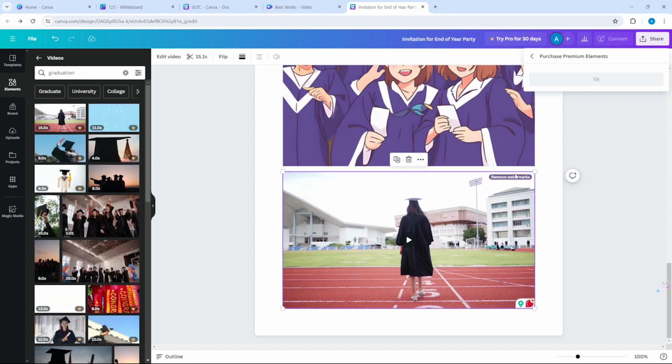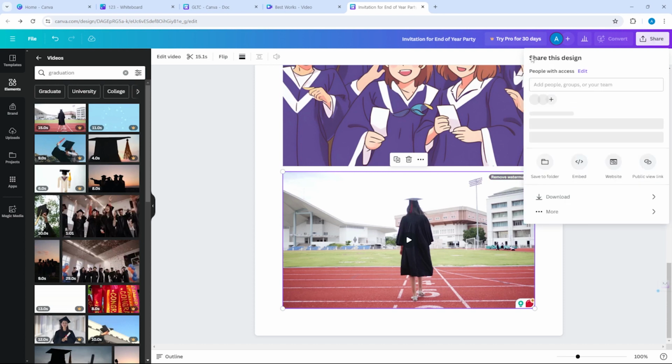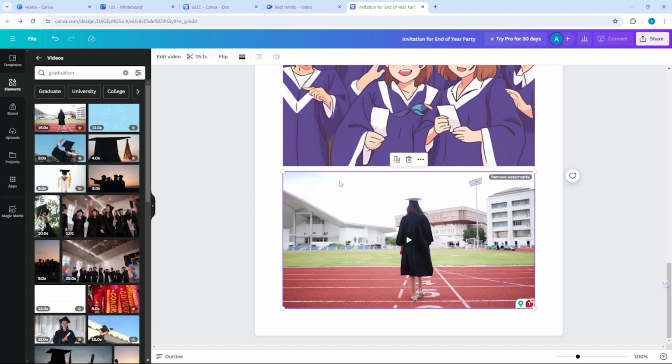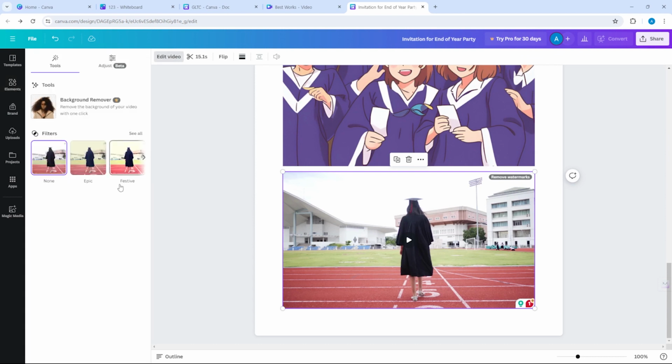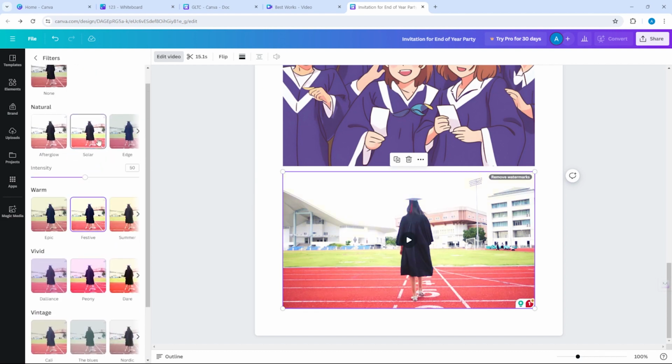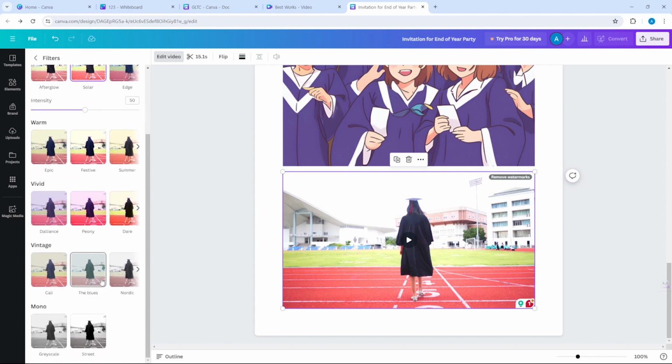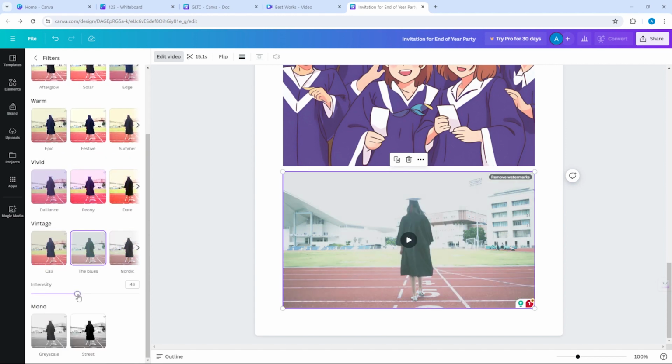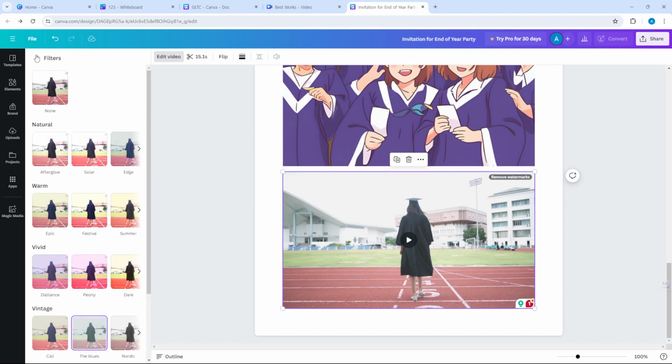And now you can even edit the video here. Click edit the video, and you can add some filters, and there's also a tool, but this needs pro, so maybe epic or festive. You can do warm, I think solar, the blues. I think the blues is good. I'm going to turn the intensity a little bit down,